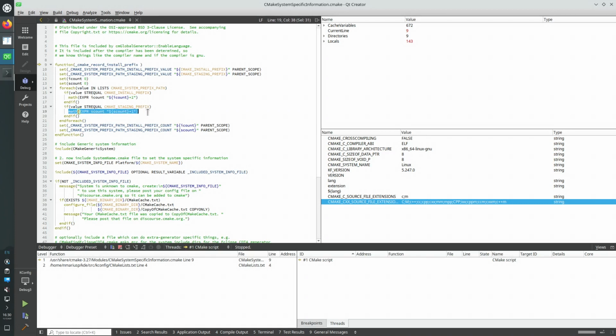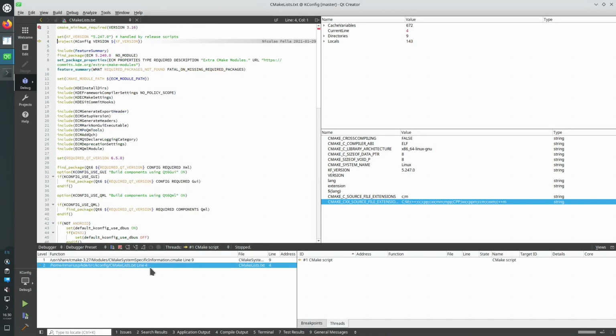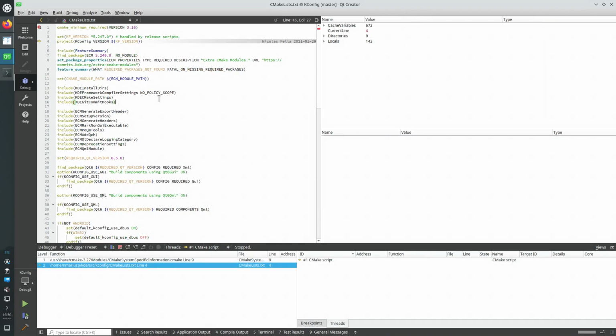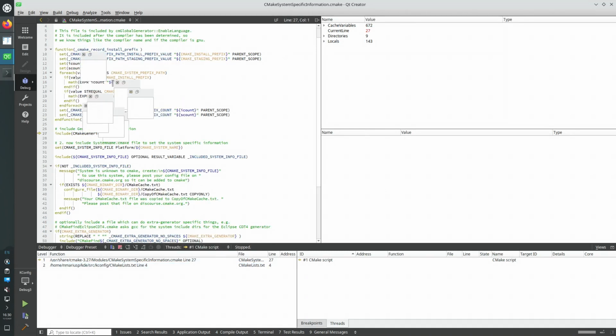There's mathematical expressions, there are operations on lists, like we saw before, removal of items from a list. We have a call stack, we have a watch window,